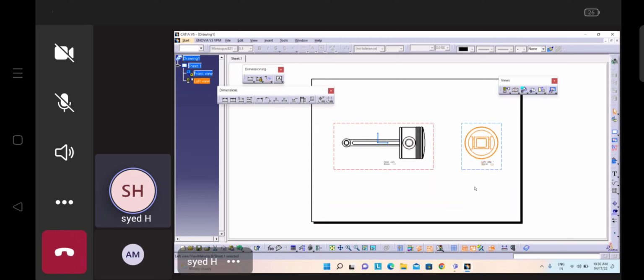Okay, because my two views are there, and this one I am specifying the dimension. The first one you can find here is dimension. So if you choose this option, dimensions, here you can specify all kinds of dimensions based on your selection. If you are selecting a circle, it will show radius or diameter. If you are selecting a horizontal line, it will show horizontal dimension. If you are selecting a vertical line, it will show vertical dimension. If you are selecting an inclined line, it will show inclined dimension. So whatever object you are selecting,